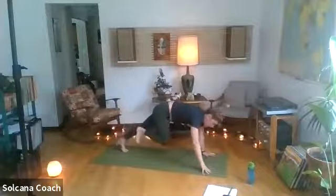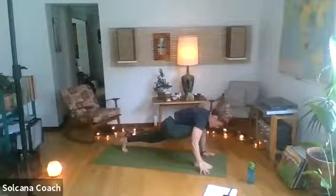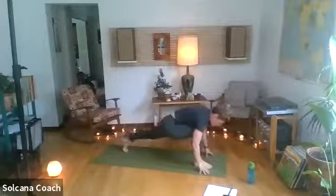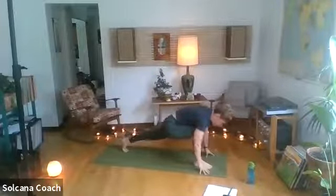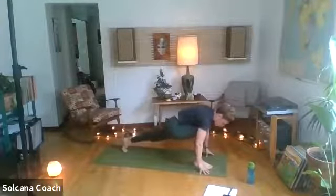leg forward for a lunge, so right foot can find the ground between our hands. We're gonna keep our back knee lifted, and we're just gonna rock back and forth a couple inches. So again, the work might come from our back ankle, just moving our pelvis around, moving the front ankle around